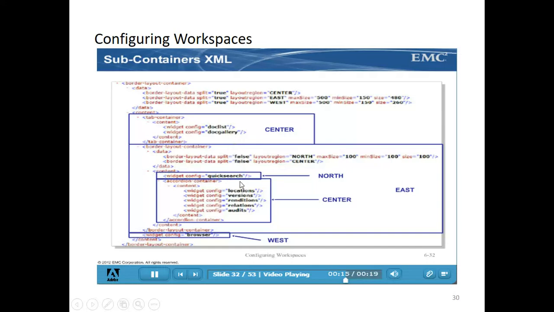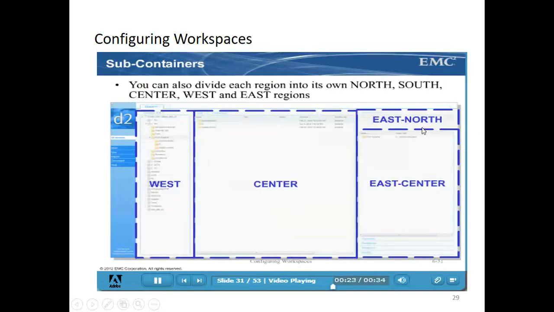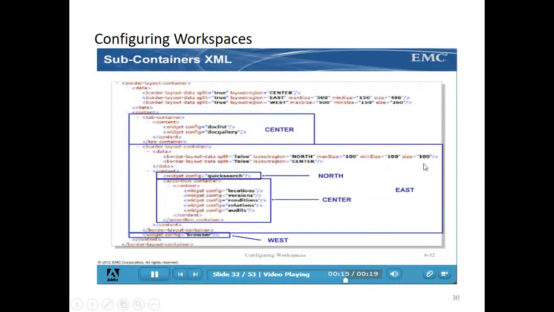They've created one, the second one is east, right? Inside east they are creating two things. One is north, one is center. So north will come as north east, center will come under center east. Here they want one search option, here they want a preview option. So inside the structure, once again one substructure they are creating. So it is as simple as that.